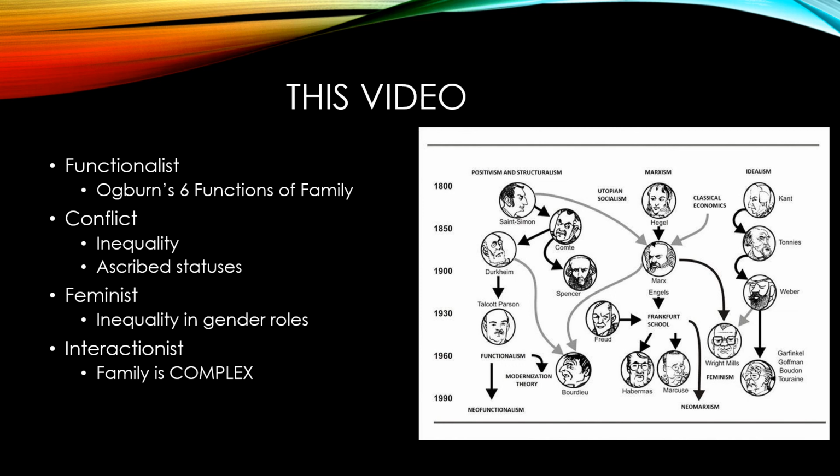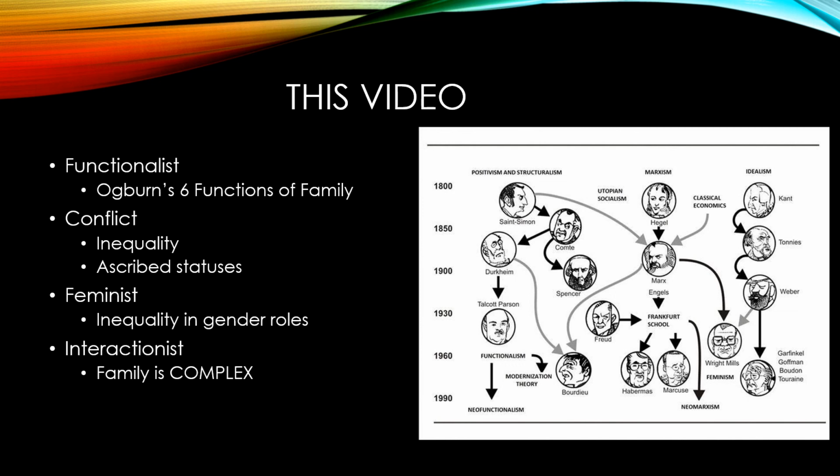And that does it for this video. Within this video, we examined different theories. With functionalist theory, we examined Osborne's functions of family. With conflict theory, we talked about how your ascribed statuses can lead to you really struggling in life, and how there's inequality with that. Feminist theory, kind of similar aspect, I'm thinking about the gender role inequality. And then with interactionist theory, they believe family is extremely complex. There's a lot of different definitions to it, which is awesome. We just have to realize that it is complex.